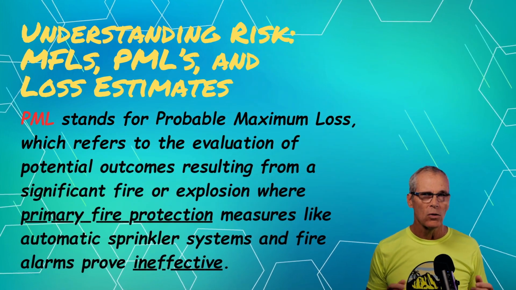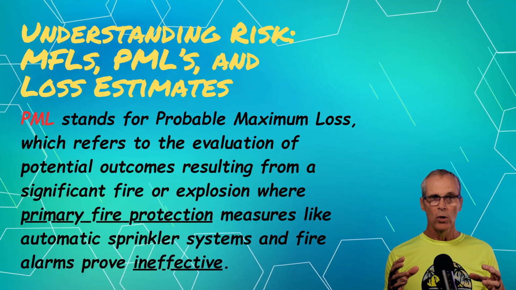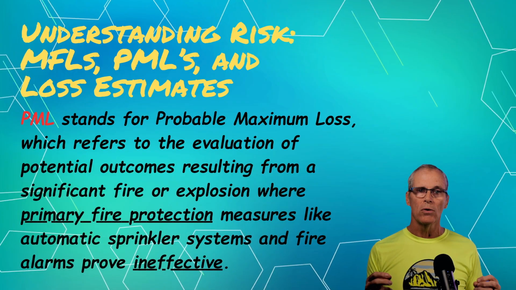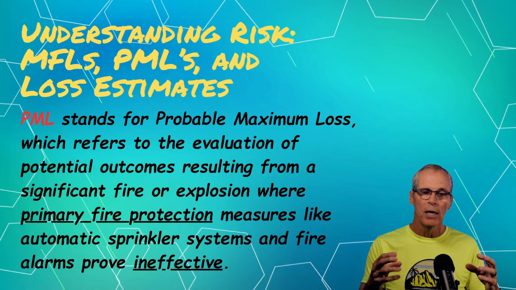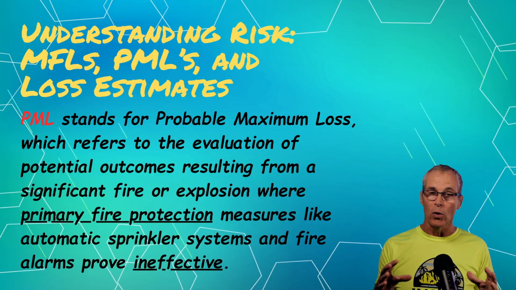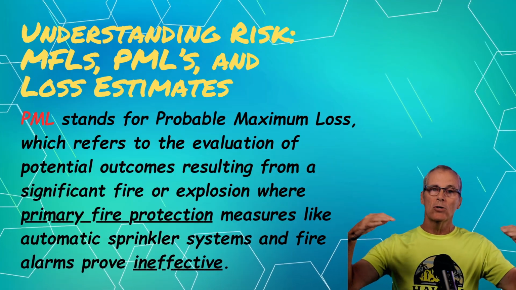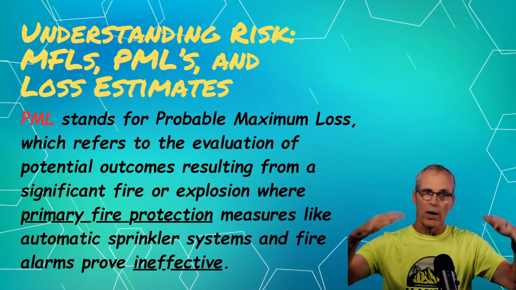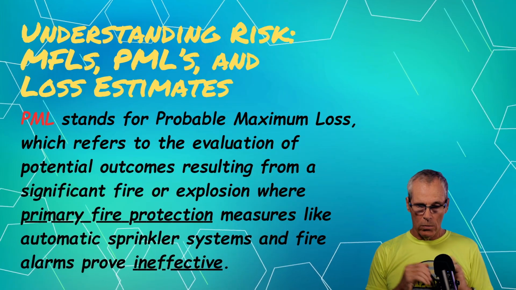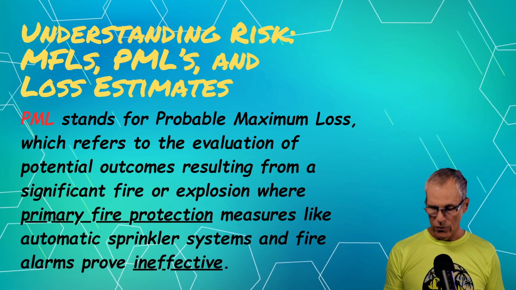Now, let me give you a formal definition, but explain it a little bit. The PML basically means when your initial line of protection is out of service, whether it's manual protection, a fire brigade, or a sprinkler system, they're not there. That sprinkler system's out of service. What is there? The delayed response. They can get to the area in a certain amount of time, giving the fire a chance to grow. The sprinkler systems next door are working, so in a PML situation, that's what we've got. The primary system is out of service.